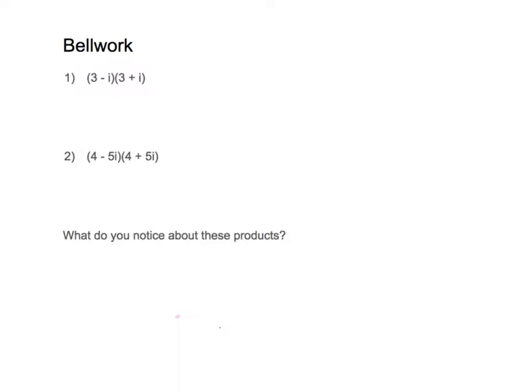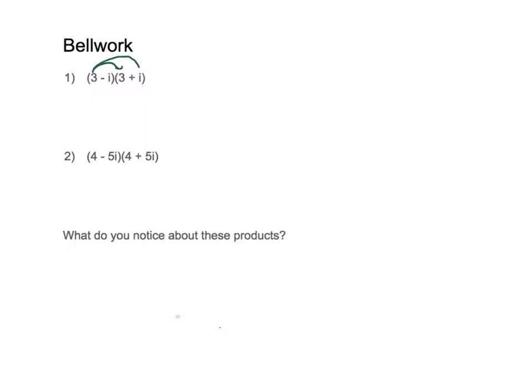Okay, so let's start with the Bellwork here. For number 1, we have two factors, as you can see, and they're almost similar, just the signs seem to be different. So what we have to do is multiply these two factors, and how we multiply two factors is by FOILing. So in this case here, we are going to FOIL out